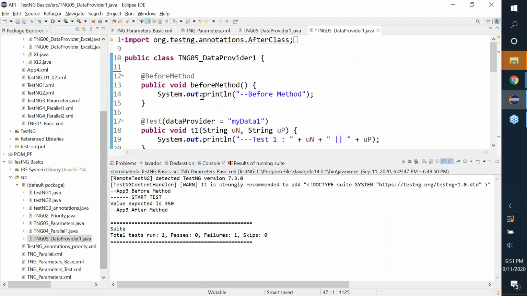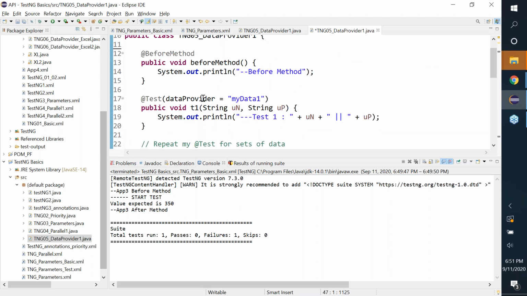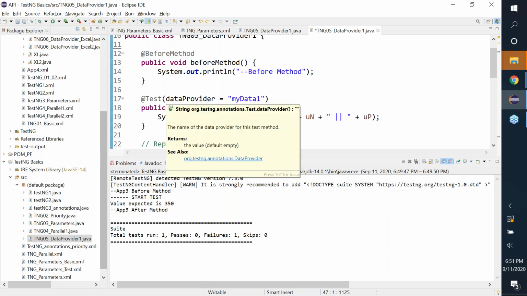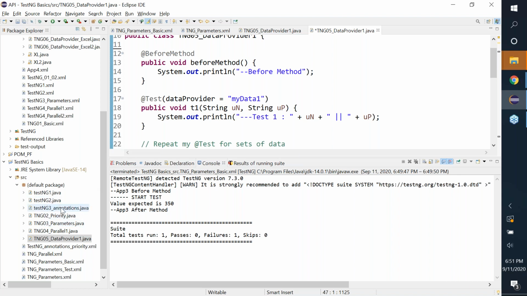Okay, now see, here is my test. That's it. At test public void, whatever is there, I want to print. So the key here is called data provider, team. When we looked at, for example,